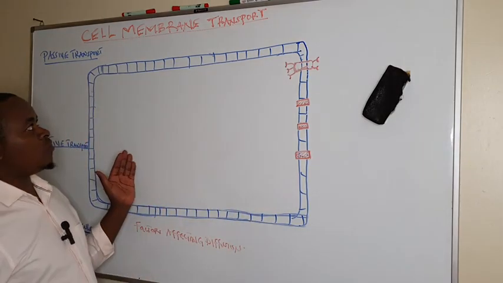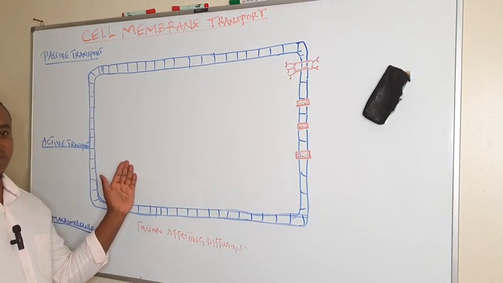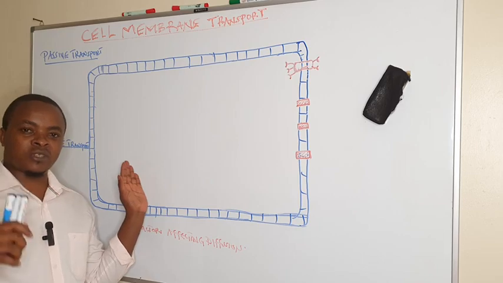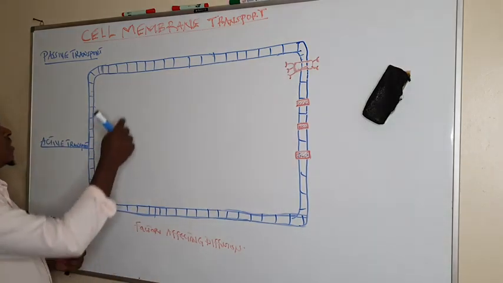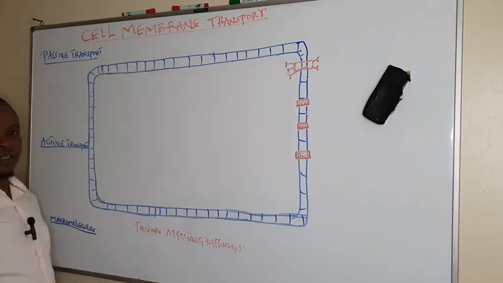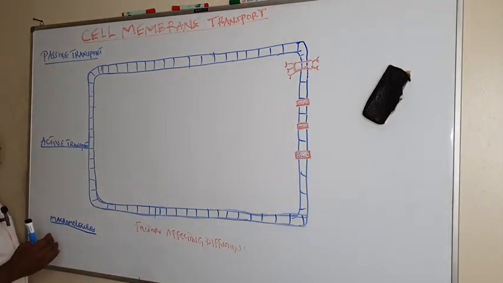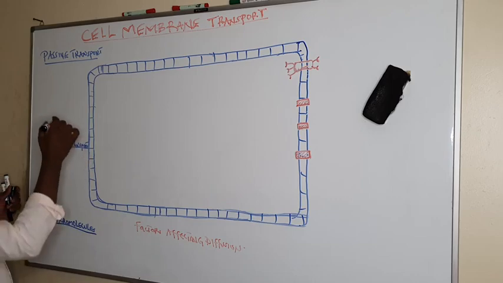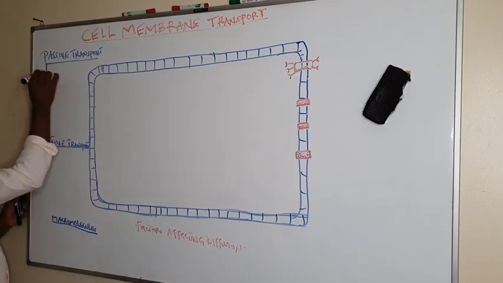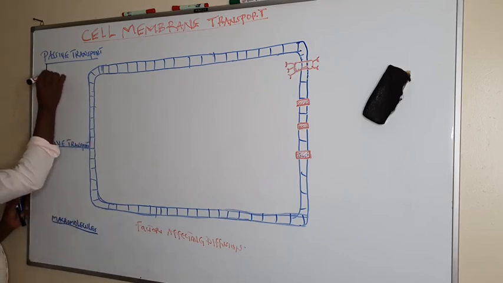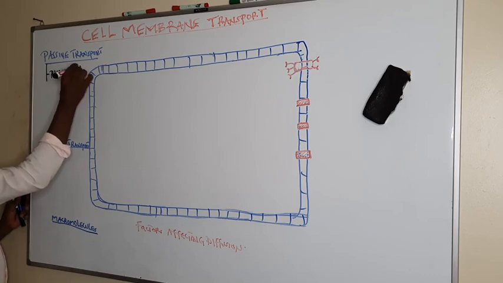So in this session, we are looking at how substances cross the cell membrane, or how they are transported across the cell membrane, either moving inside the cell or moving outside the cell. Among the types of transport, we're going to discuss passive transport, which can either be passive diffusion